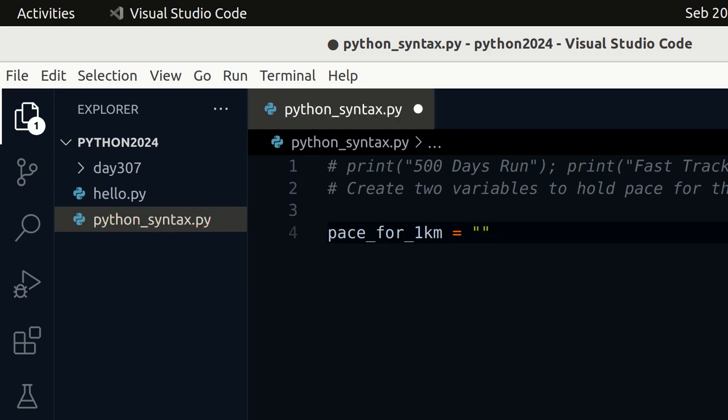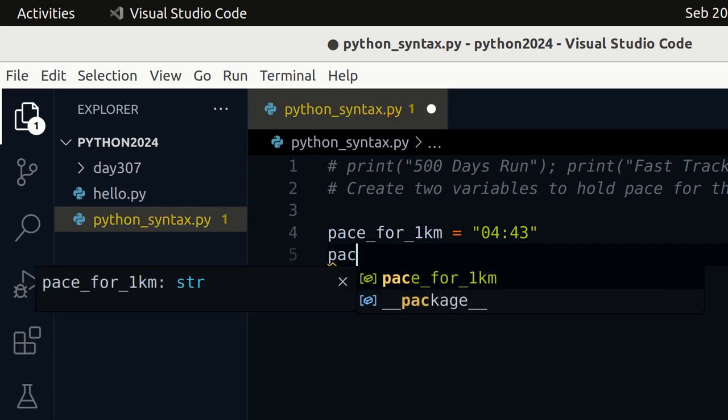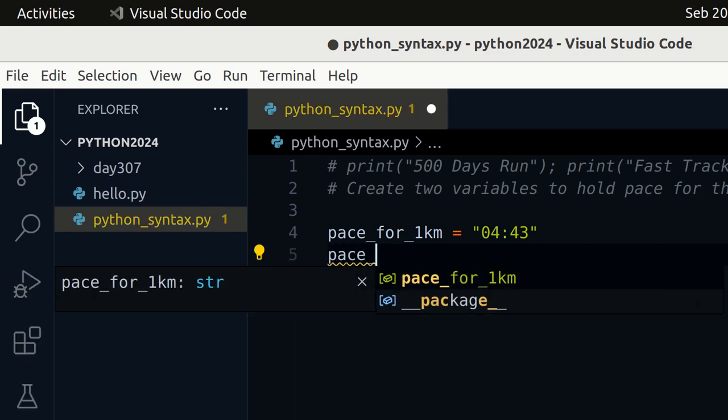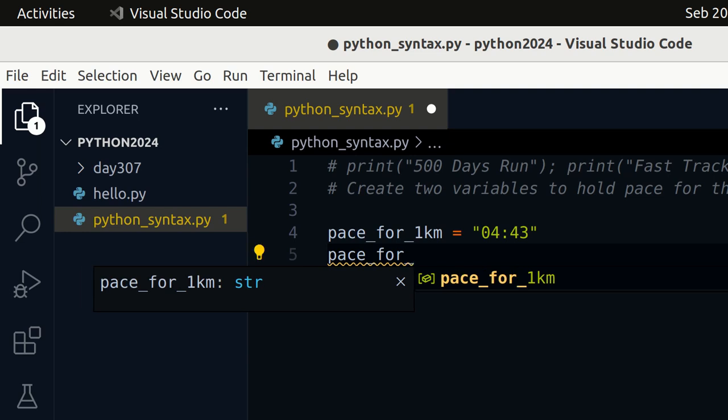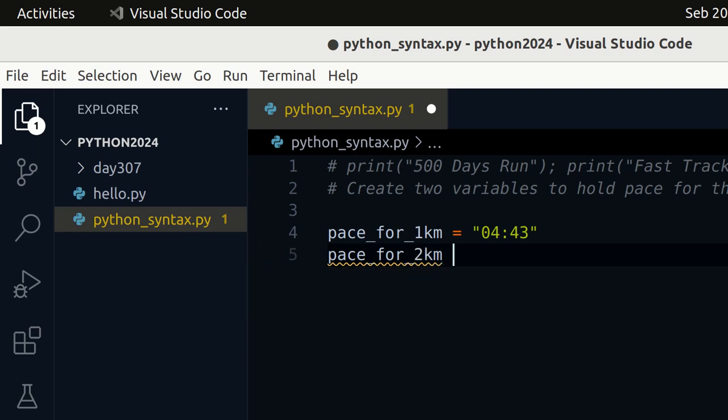I'm supposed to capture it as a string, 0443. So 4 minutes 43 seconds, and also pace for the second kilometer is equal to 0404. So this one in terms of minutes.